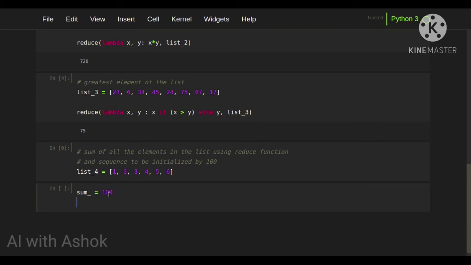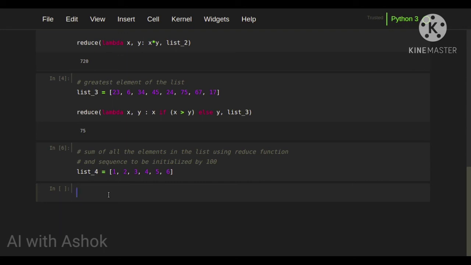Then it will take the next element: 100 plus 1 is 101, 101 plus 2 is 103, 103 plus 3 is 106, 106 plus 4 is 110, 110 plus 5 is 115, 115 plus 6 is 121. So as a result we have to get 121 as an answer.